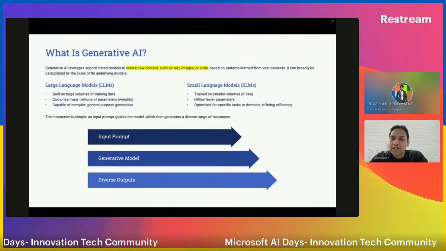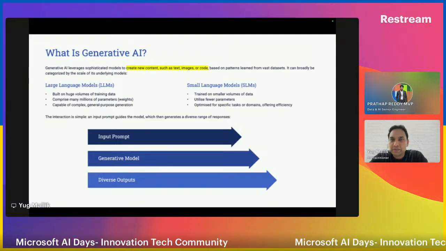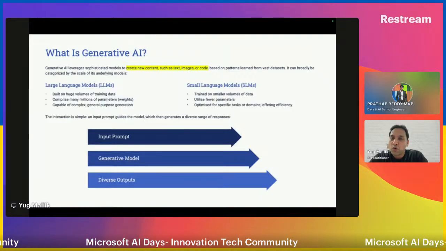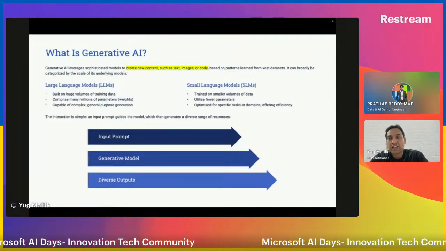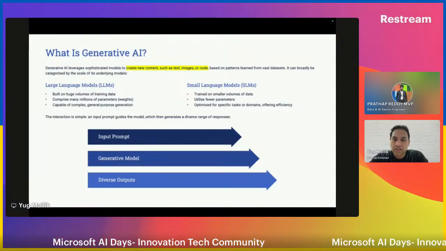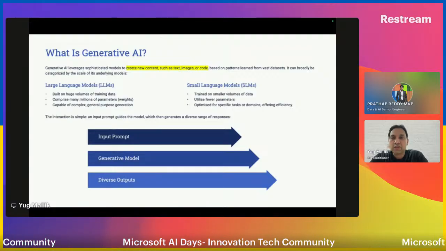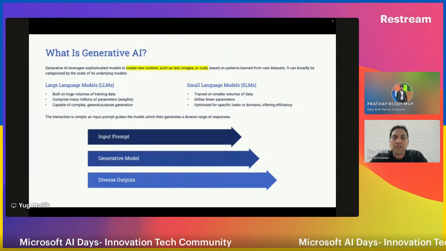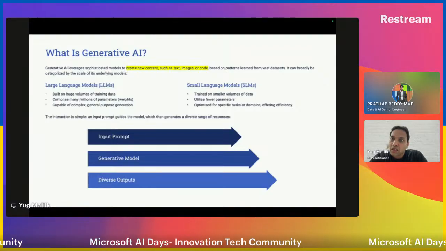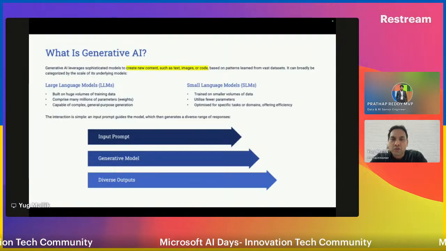In simple terms, generative AI is the AI which generates content. The content can be an image, it can be code if you are a developer, any text format, or anything related to video also. Anything you're generating through a form of AI is called generative AI, and that's very simple in layman's terms. Now, whenever you're talking about generating content, the content is generated primarily from two different kinds of models.